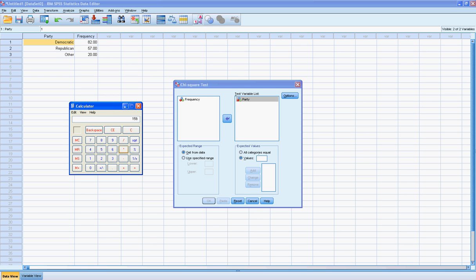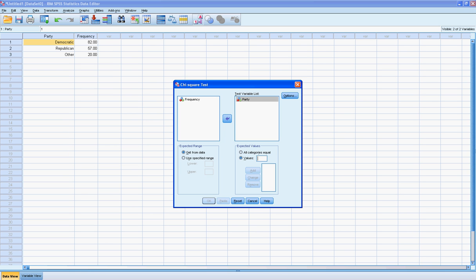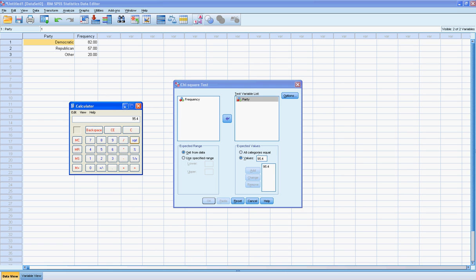If we expected 60% of those to be Democratic, we would expect 95.4 of our cases to be Democratic. Now we do the same for Republicans. We have 159 cases. If we expect 30% of those to be